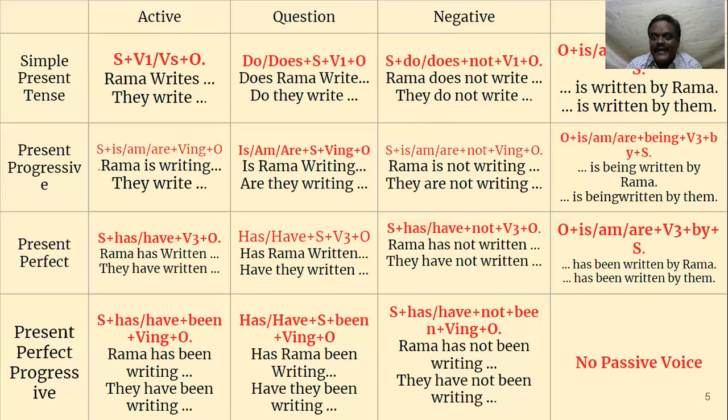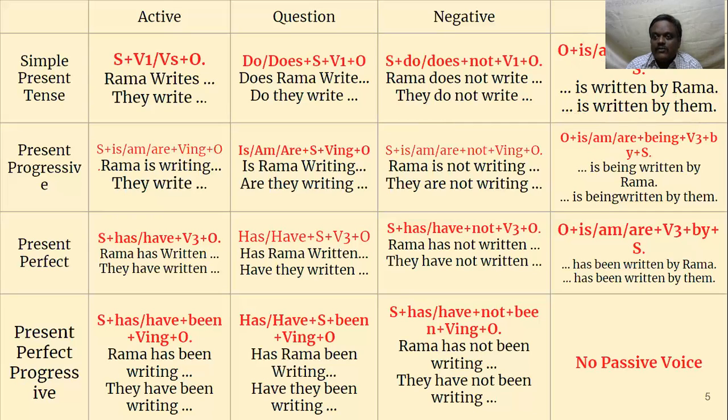Then we have the agent, by Rama. So we have to write like this: A letter is written by Rama, or letters are written by Rama, or I am. If it is I, we have to say am. I am given a pen. It will be very awkward to say I am written a letter. So we say I am given a letter by my friend. Something like that we can say. In the same way, a letter is written by them. Them is plural, but still we have to use is because in the object there is only a letter. Singular is there, so we have to use is.